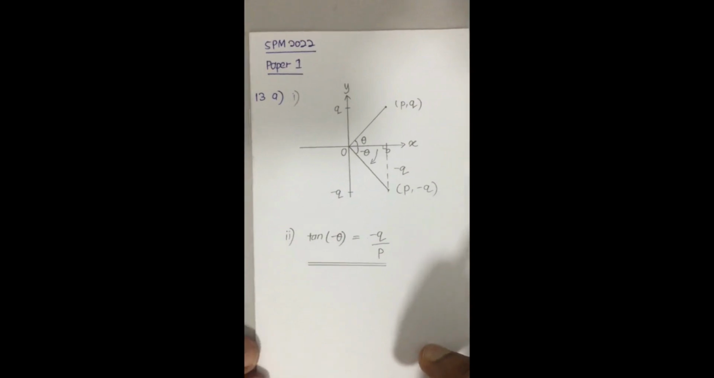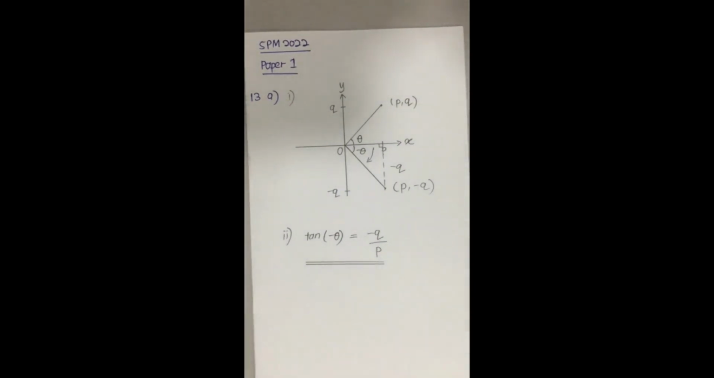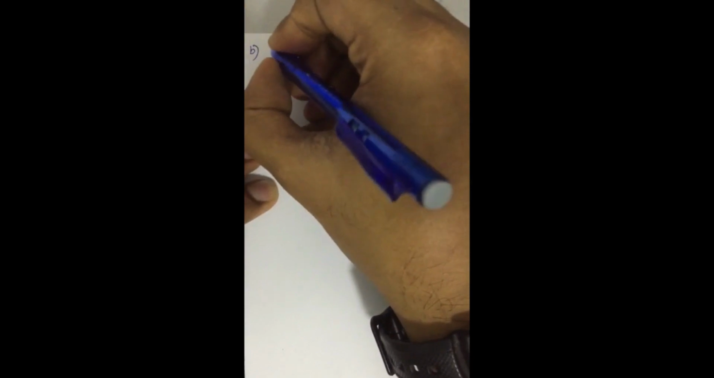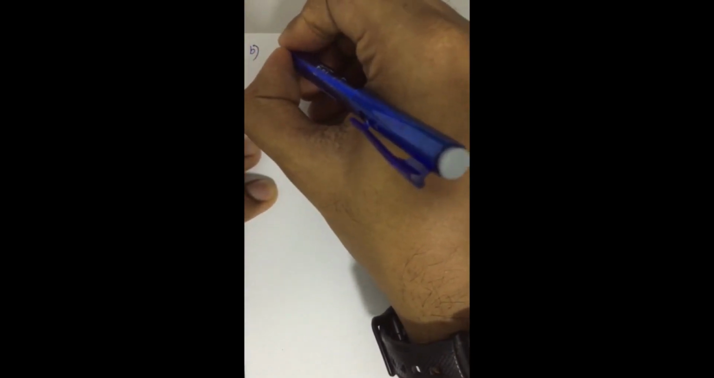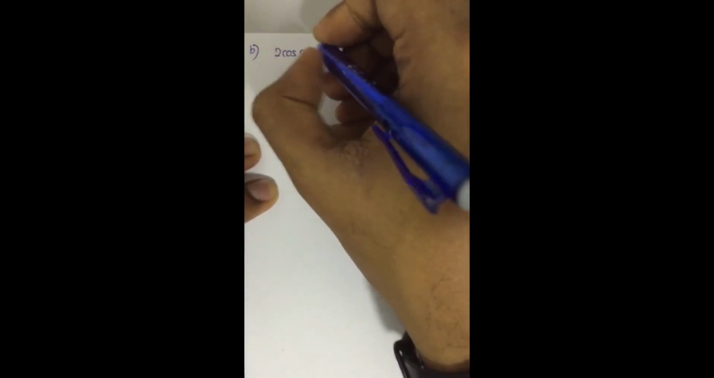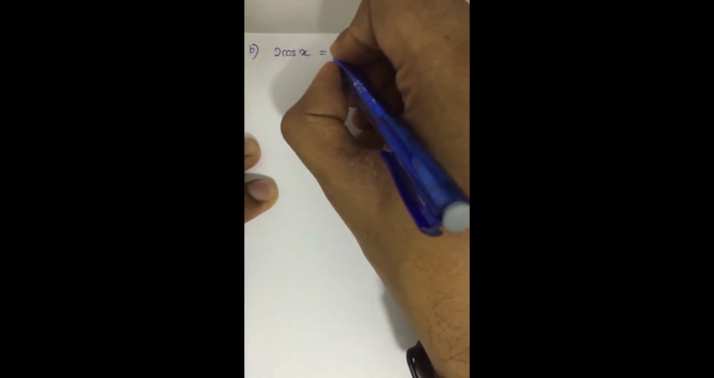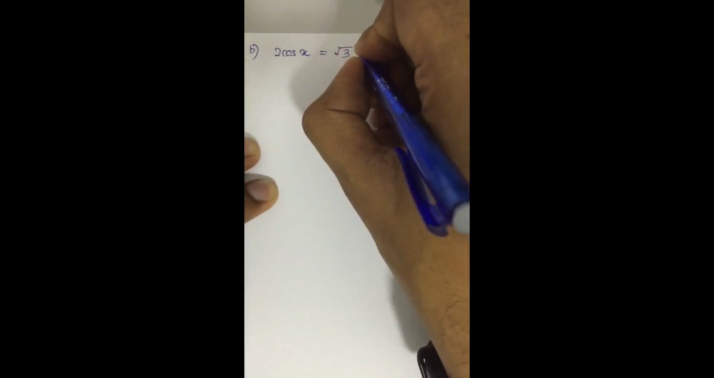Okay, so from here, let us proceed our discussion for question 13 part B. Let me write the equation now. So from here, 2 cos x equals to sec 3 cotangent